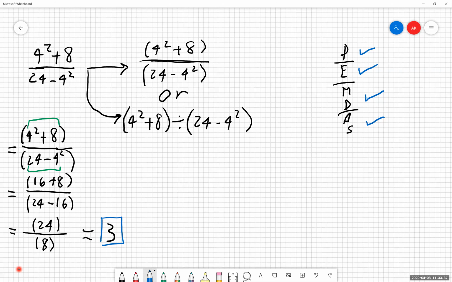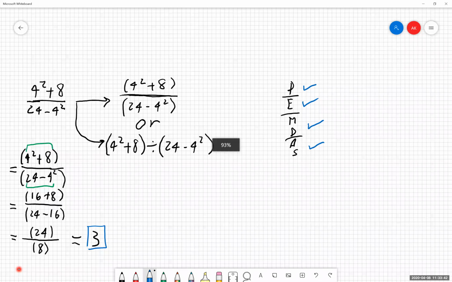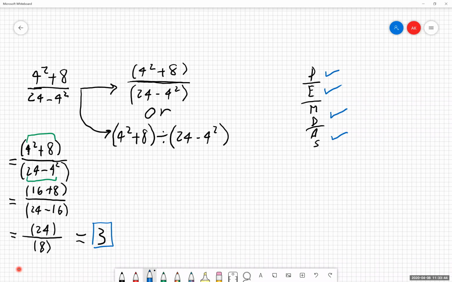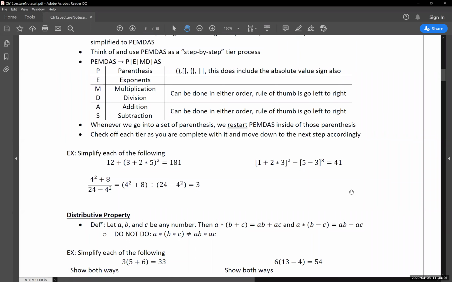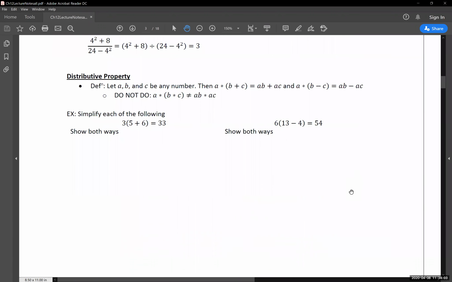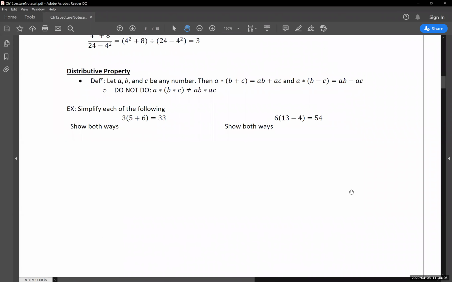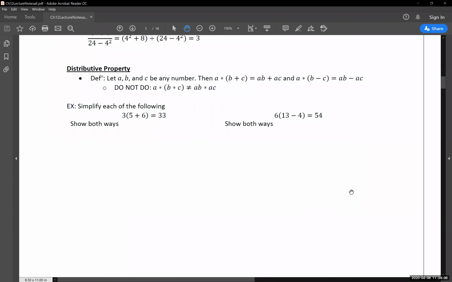Okay, so those were our first 3 examples that we had that we were going through with that. I'm going to go back to our lecture notes because there is one other thing I do want to touch base on with this and go through with you guys. It's working with our distributive property. Come on, scroll down. Okay. So our distributive property is something that does come up when we're working through and working on problems like this.